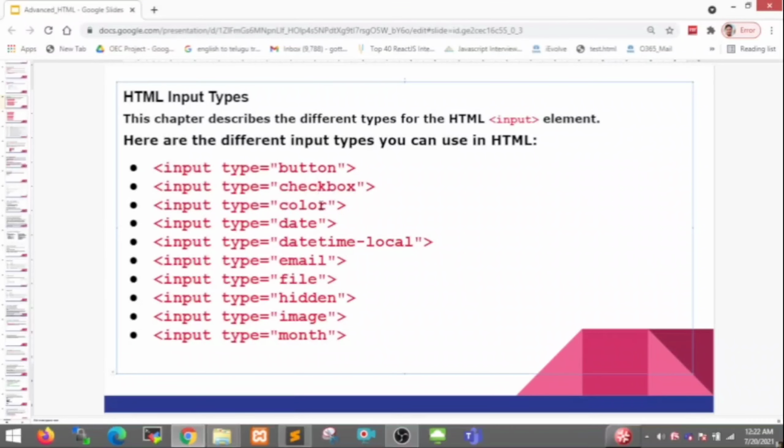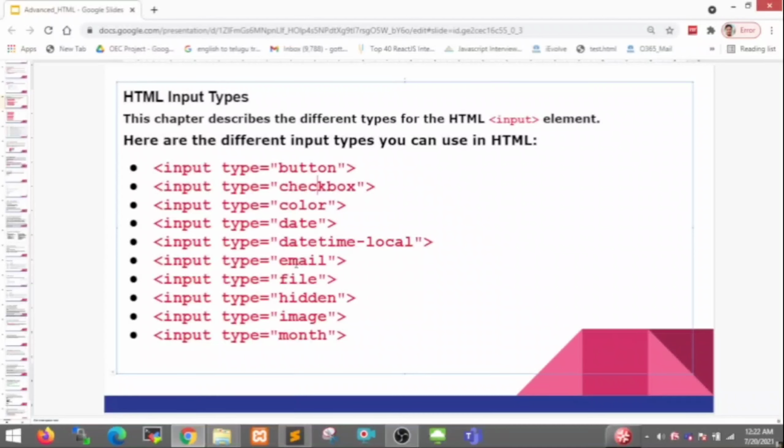Input type date, if you want your date of birth or the creation date of some data, then you can use the date input type. And input type datetime-local is used for local date and time. Input type equal to email is used for email validation.